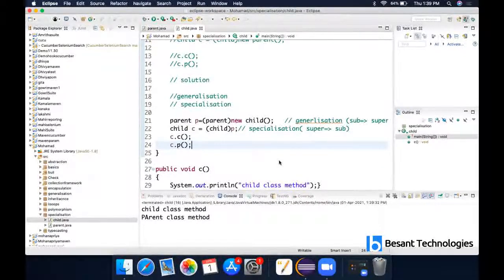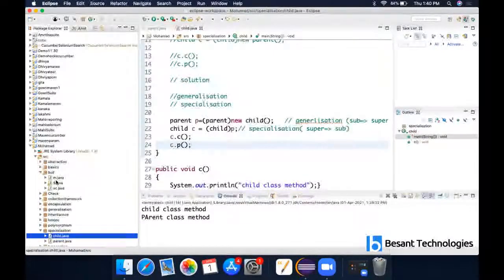So if you are straightly doing that one, you will be facing some issue. You cannot do that. But if you perform generalization and then specialization, you can do it. Okay. So this is the specialization concept. So what are all the things we have seen? We have seen what is a math class. After that we have seen typecasting, converting a variable of one data type to another data type. So generalization and specialization, these concepts use inheritance as well as typecasting concept, right?